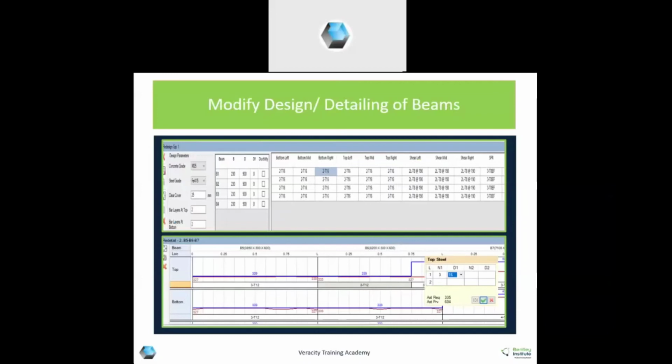And in redesign, as you can see in bottom here, 312, 312 and afterwards 316 are needed. But if I want to change it to 316 throughout, you can click there and you can change the diameter. Then it will give you required was 335, but you have provided 604. Why this additional steel calculation?